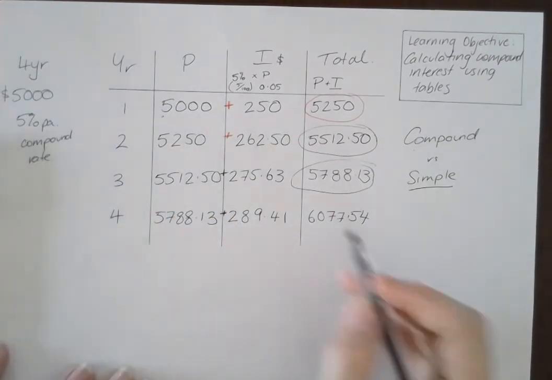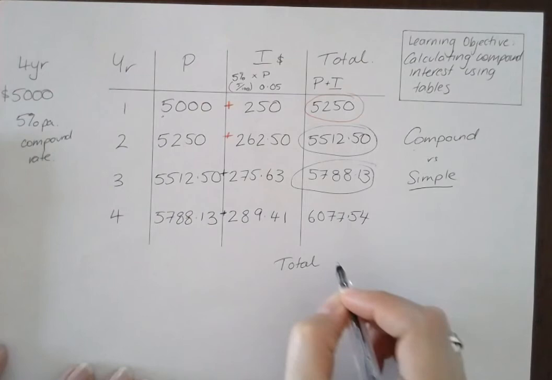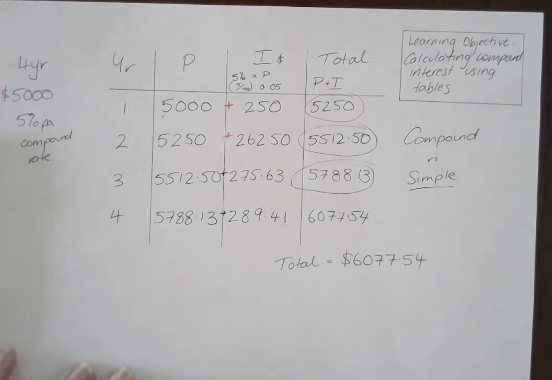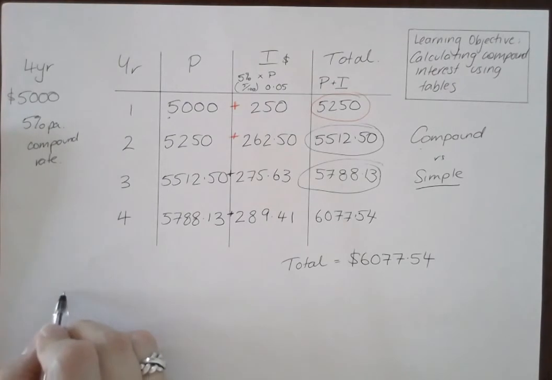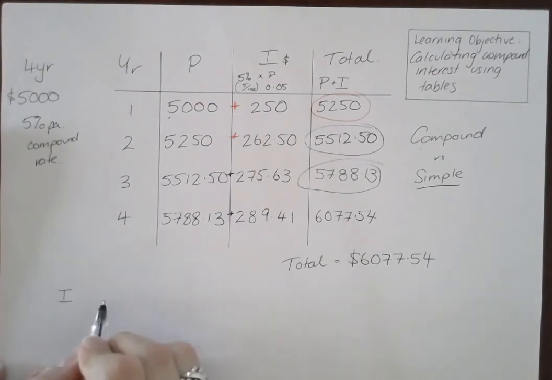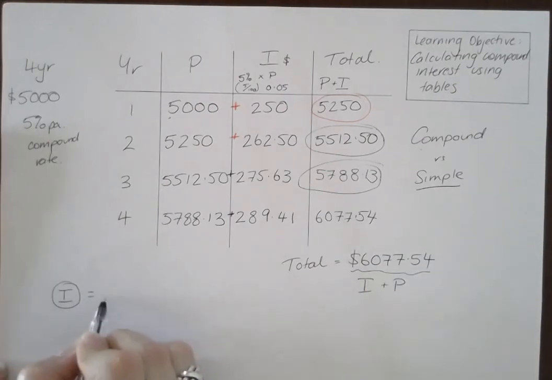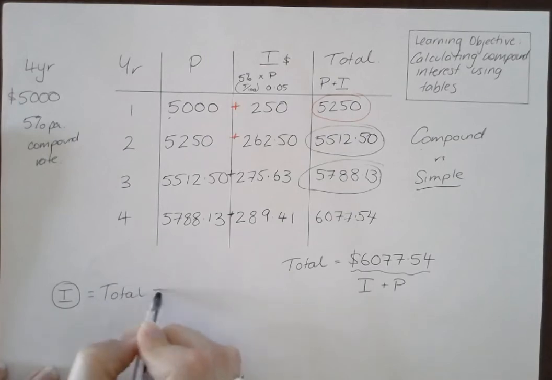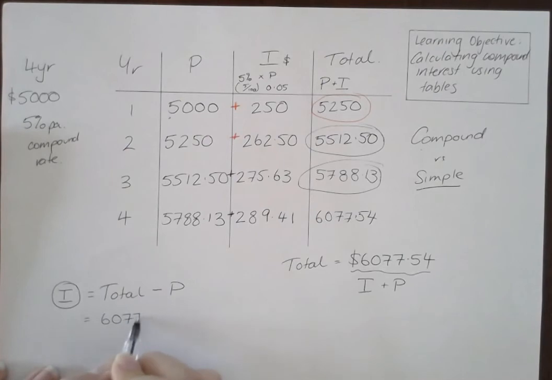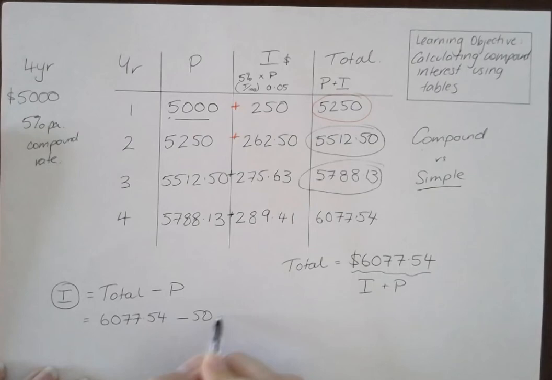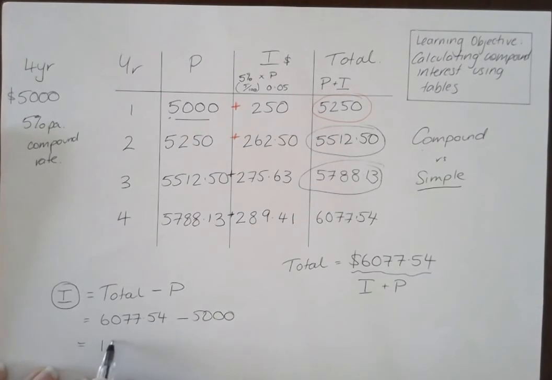you actually end up with total value of $6,077.54. Remember, if we want to find out our interest, we have to say, all right, well, this is our total, and it is the interest plus the principal. So if we want to find out just the interest, it has to be the total take away how much we started with, or our principal. So our total is 6077.54, and we started with a principal value of $5,000,